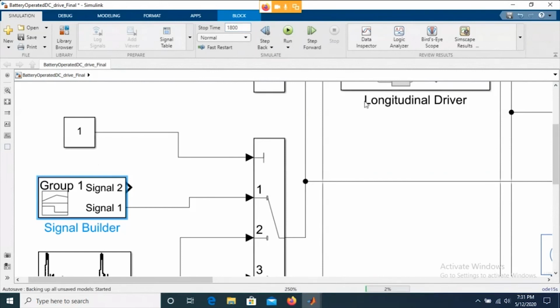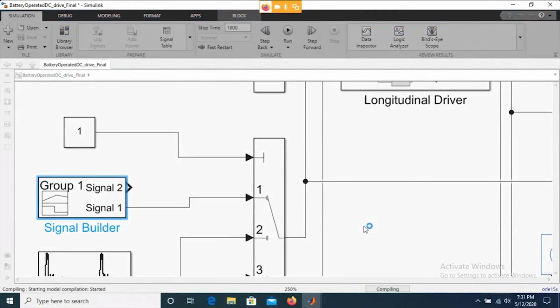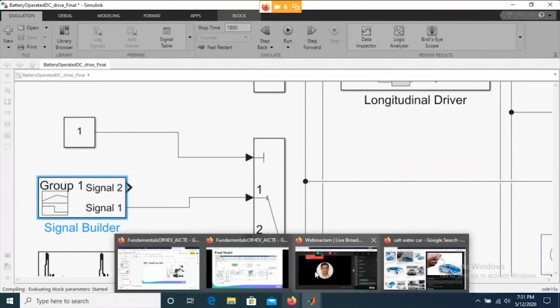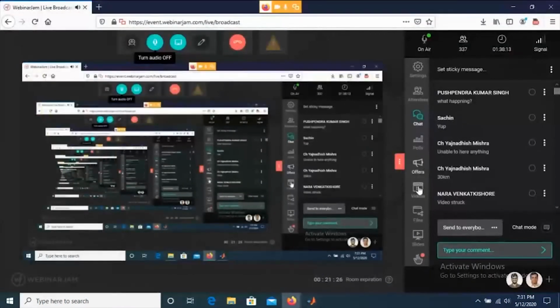So guys, this is going to take time, and I have another question. Are we going to observe exactly 30 kilometers? Say yes or no. While the simulation is running, let me take an audience poll. I have stopped sharing my screen.